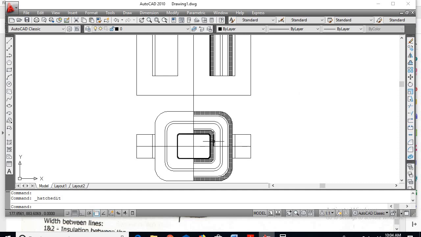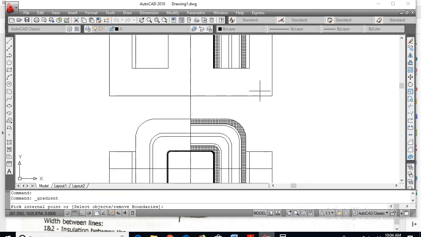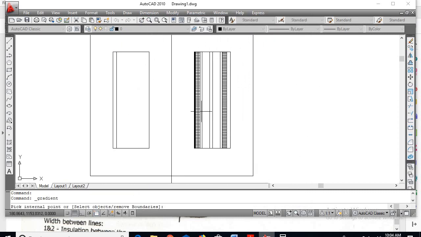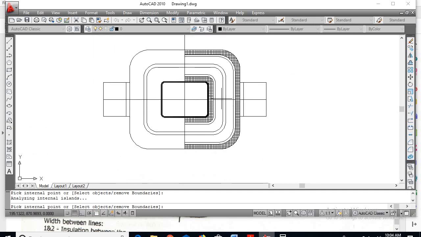Next, again insulation between LV and HV. Go for gradient. Add pick point. Here is the insulation, and here is the insulation. Insulation.